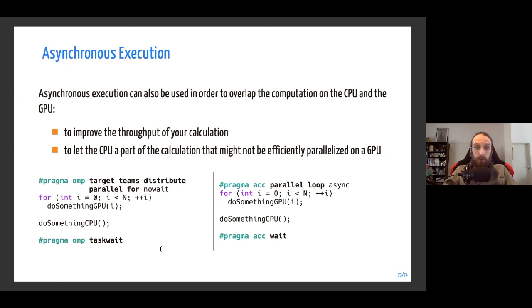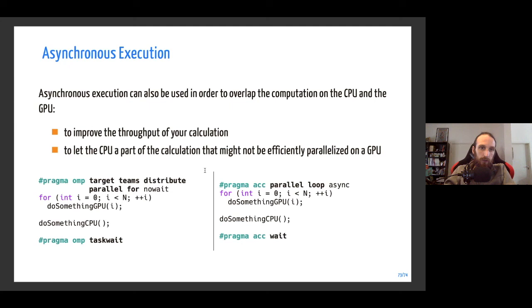What you can do also using this kind of execution is that once you send a kernel to one GPU, you can use the fact that you return back to the CPU to launch a kernel to another GPU. So this can be used in order to use multiple GPUs with just one CPU thread. So this is also a possibility using the nowait and async clauses. When you don't specify a queue for the async clause, it will just be put inside the default queue on the GPU, but the goal here is to go back directly to the CPU instead of blocking until the GPU has finished execution.